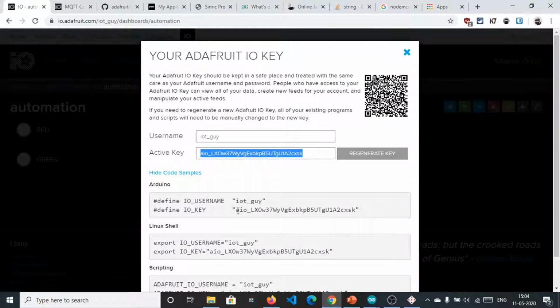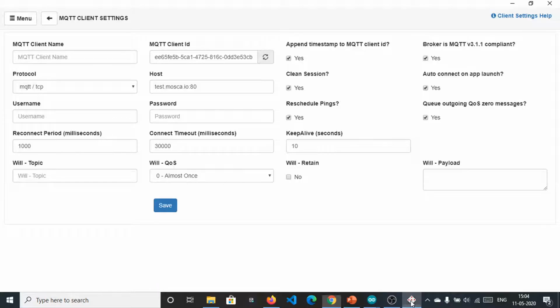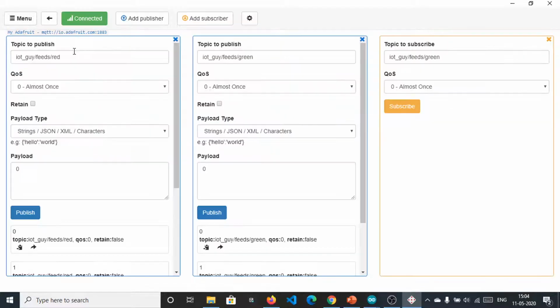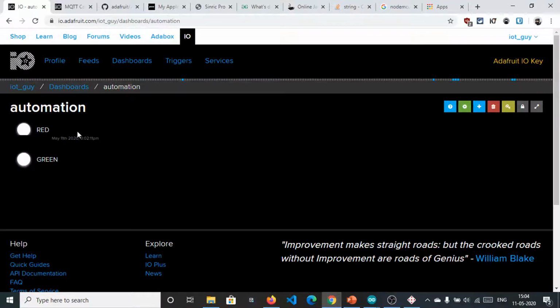With these credentials you need to save and connect it, and you will be connected like this, as I am connected now. After that you need to create a publisher and send data to these topics. This is the topic format of Adafruit, IoT_guy/feeds/red. This is the default set, and after that we put red in this field.